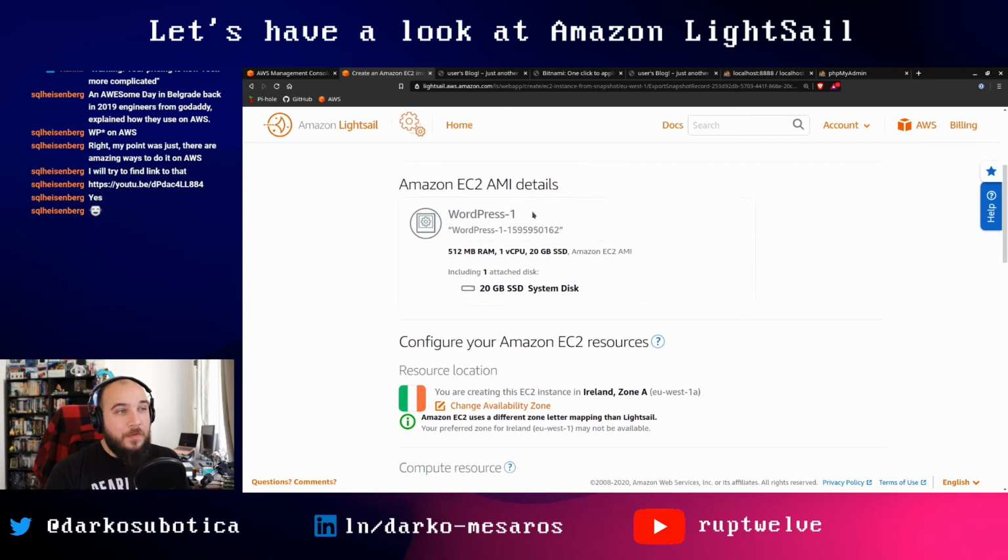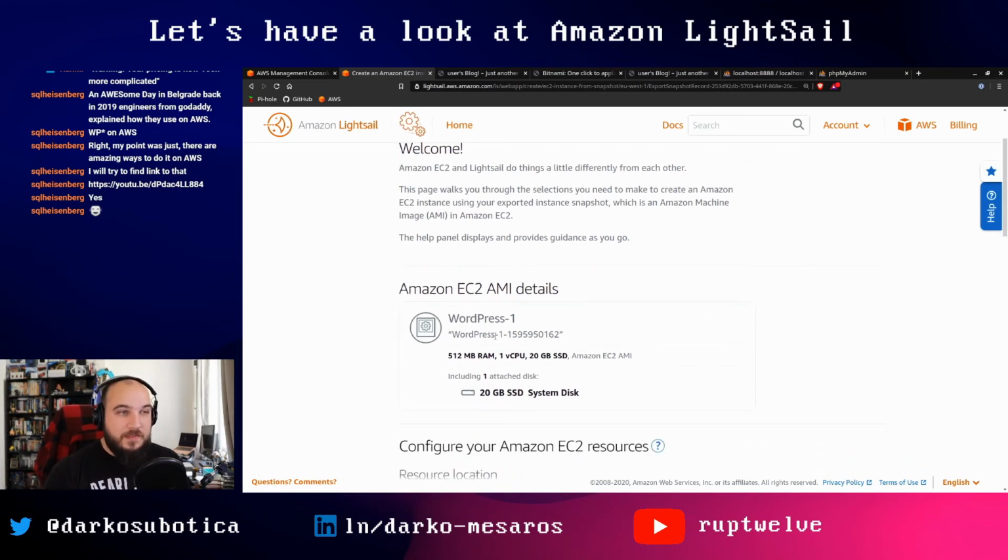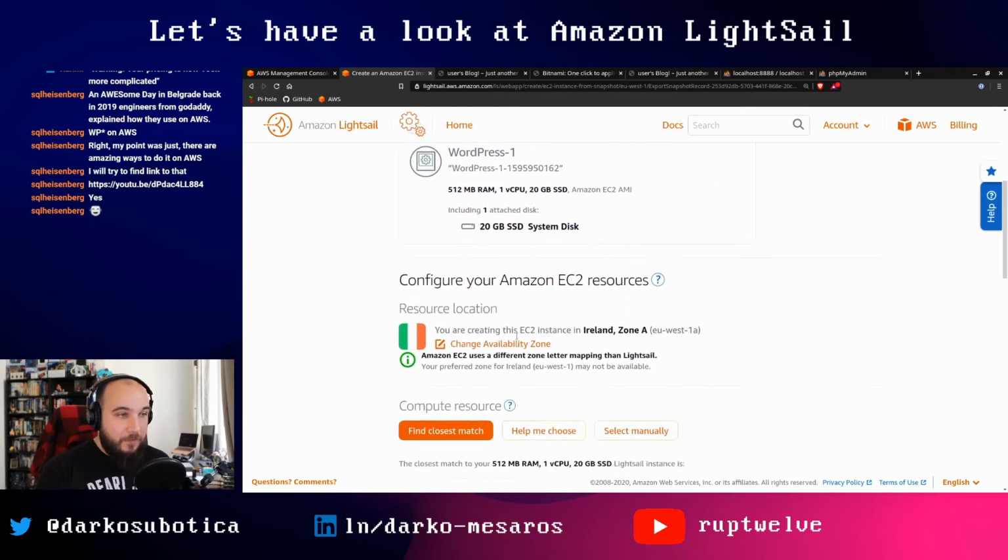If I hit this, it's going to take me through this lovely wizard on how to configure an EC2. So it finds this AMI. It's not an AMI, it's a snapshot you've created. It's in Ireland, so it knows where you created it. It's going to use basically the same region and availability zone